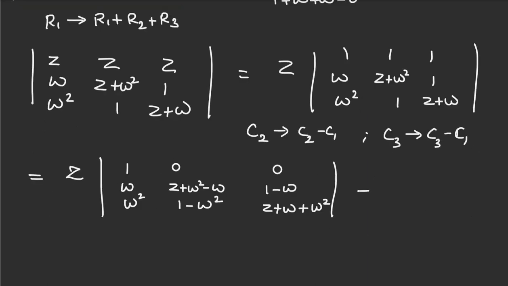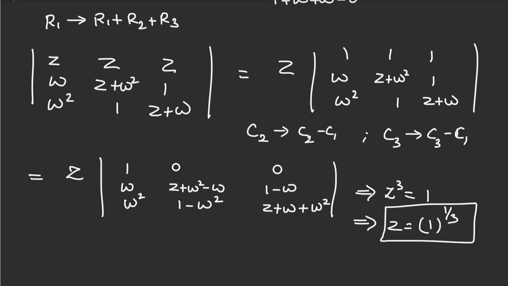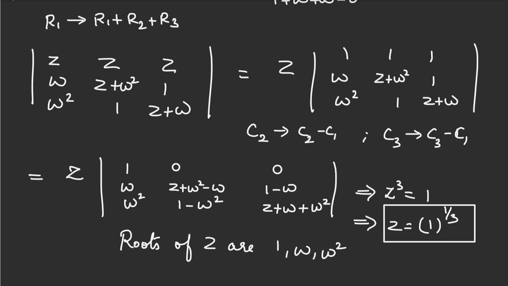We get Z cube is equal to 1, or we can say Z is equal to 1 whole power 1 by 3. This denotes the cube root of unity, which says that the roots of Z are 1, omega and omega square. Now,